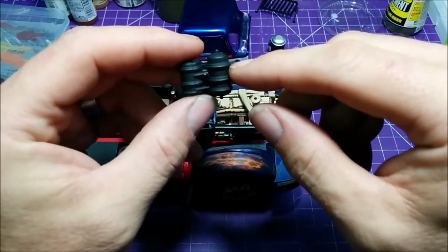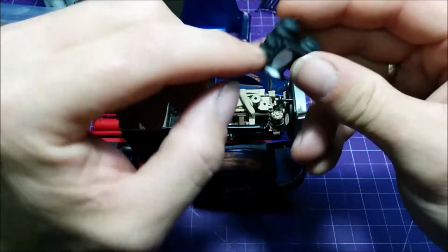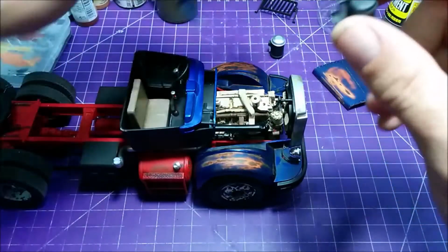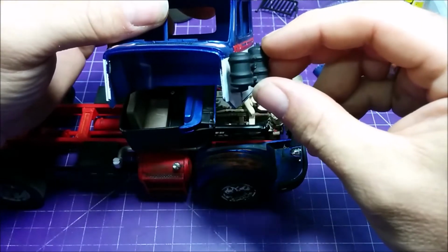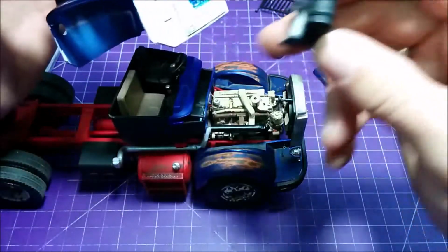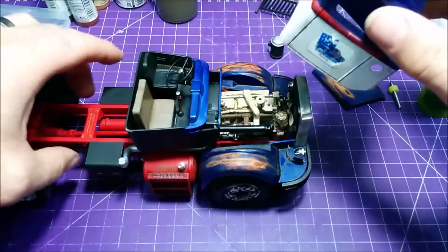And then we got the oil reservoir and I think power steering reservoir. So I'll try to run some hoses from that, but we'll see, because I think the hoses actually run through the back here and stuff. So I'll look at some pictures, but this here will go kind of like so on the side of the truck. All right. So I'm not sure if the hoses run from the bottom and down inside, or if they just go through the side of the cab. So yeah, and on the cab itself,